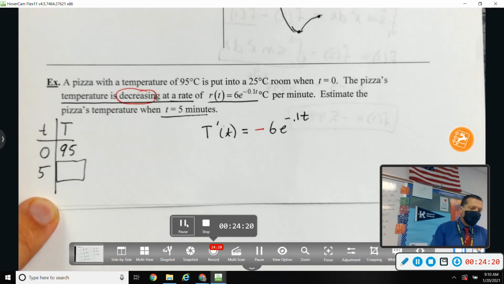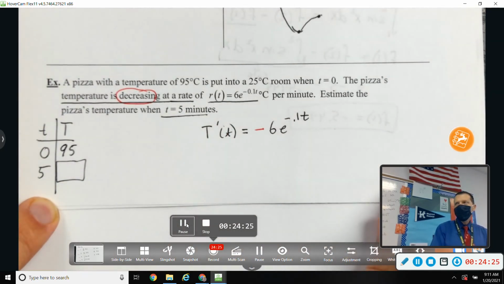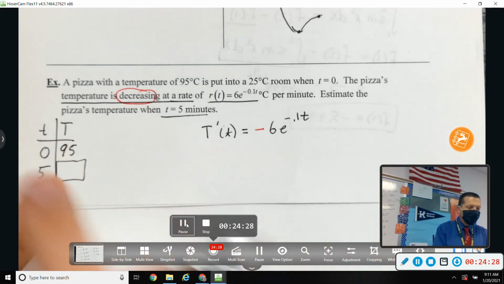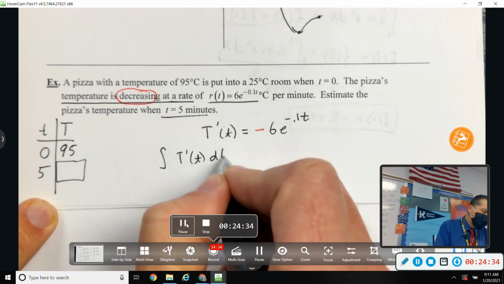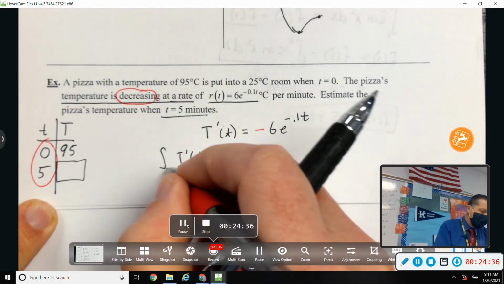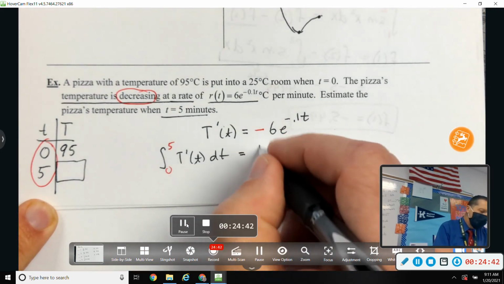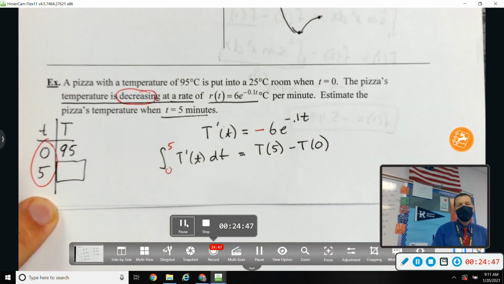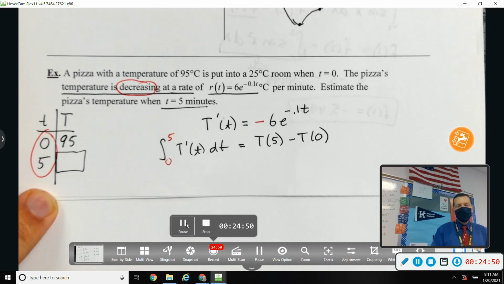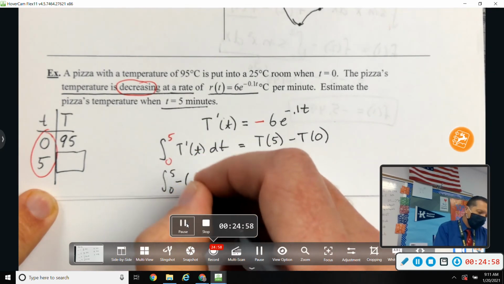So if I can integrate T prime, I'll be back to T, which is what I want. And I've got some values here. So let's integrate T prime from 0 to 5, because that's the points we've got. So that would be the temperature at 5 minus the temperature at 0. Well, the temperature at 0 we know. This thing over here, as ugly as it is,